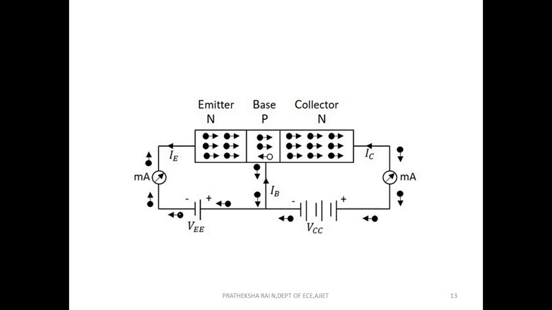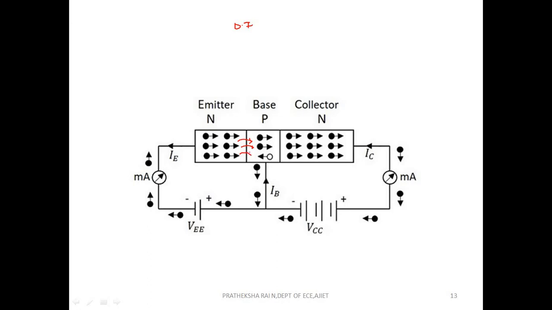Now, we know that for silicon it's almost 0.7 volts, right? So we need to increase the voltage beyond 0.7 volts, then it starts conducting. Okay, so we keep on increasing this VEE beyond 0.7 volts, what happens? The emitter starts to emit electrons, right? So this junction barrier disappears and there will be a flow of electrons towards the base region. So the emitter emits electrons towards the base region.